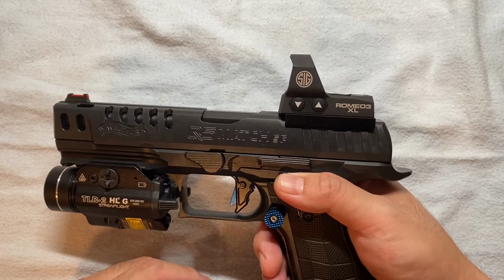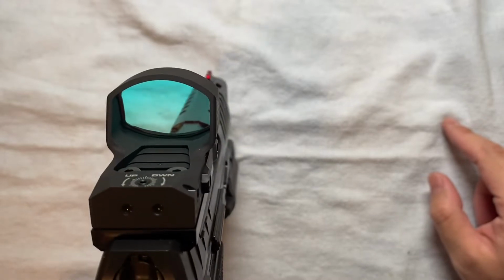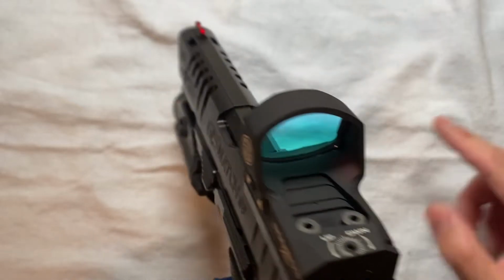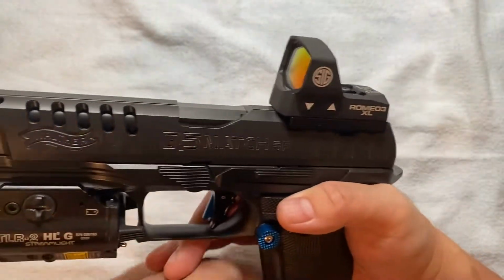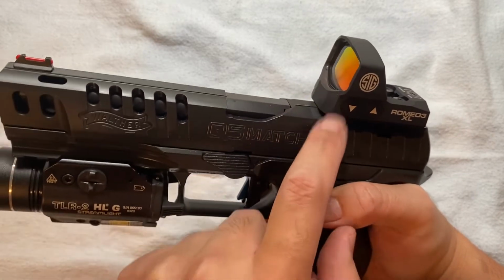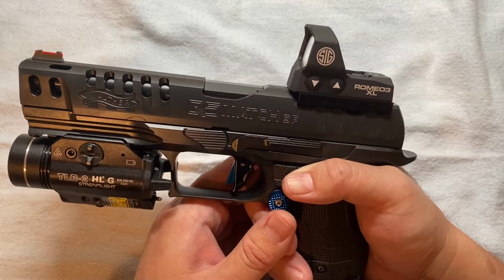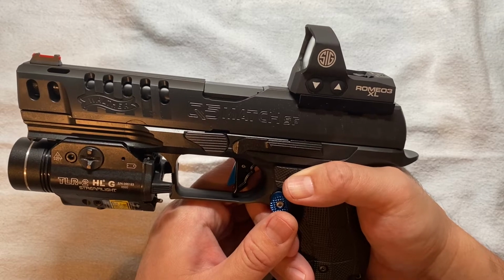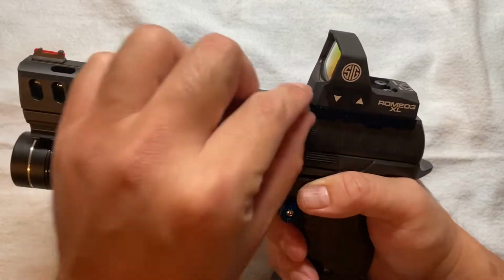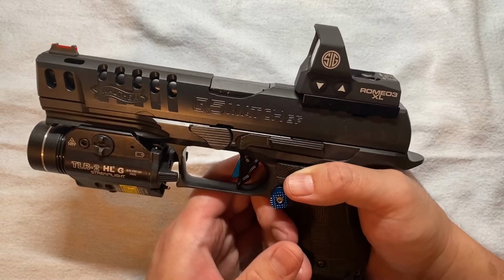And of course, because of the size, the field of view is really good. You can see a lot from this one. I think there are several drawbacks. For example, you can see how high it is sitting up there, and it probably wouldn't matter that much if it's used for an open gun, right? But I would still say that is a drawback. I would love it to be sitting lower. Secondly, price, and thirdly,